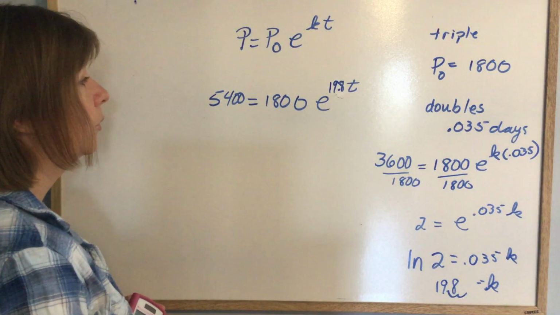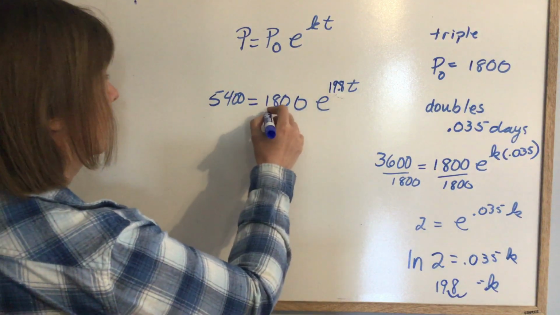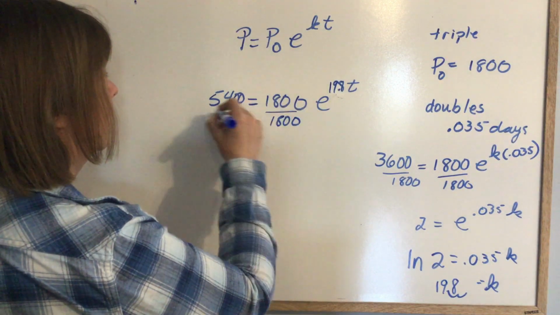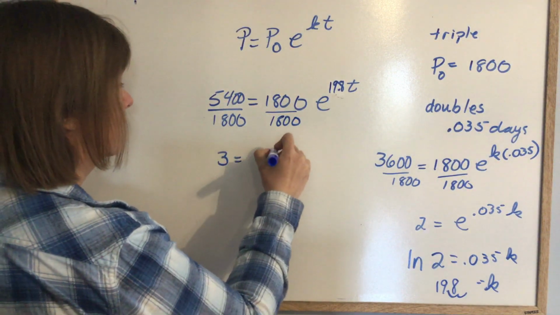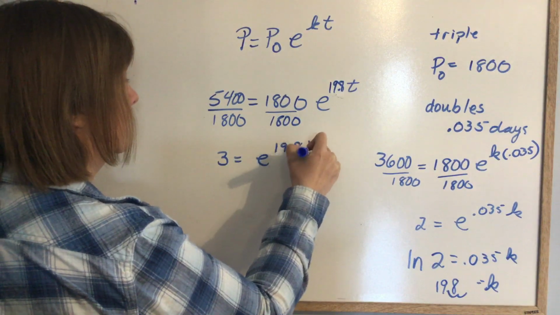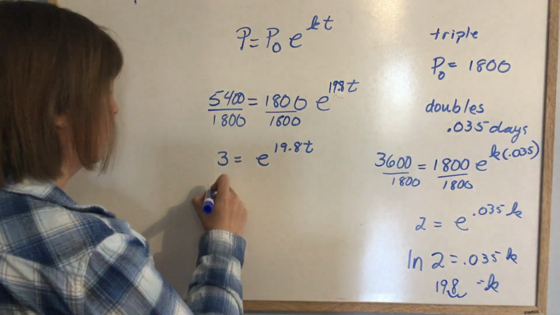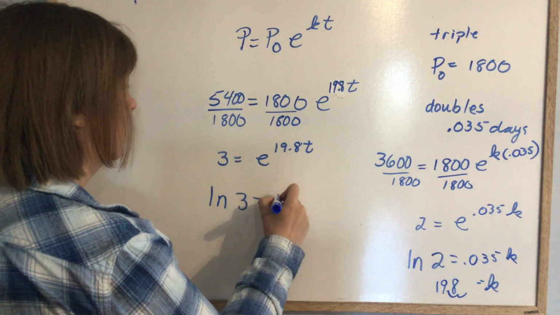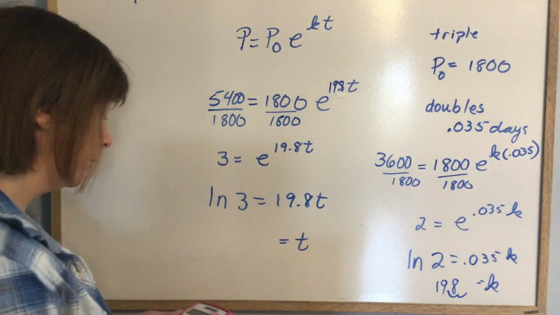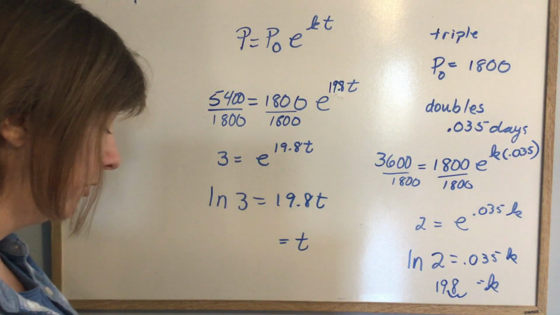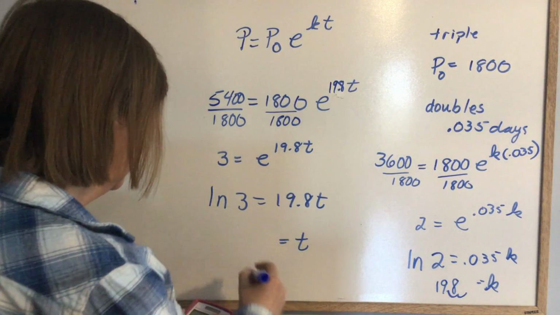So we can solve for T now, because we can divide this side by 1,800. So we have 3 is equal to e to the 19.8 times T. So again, change this into logarithmic form. This would be ln 3 is 19.8 T. Divide both sides by 19.8. So ln 3 divided by 19.8 is